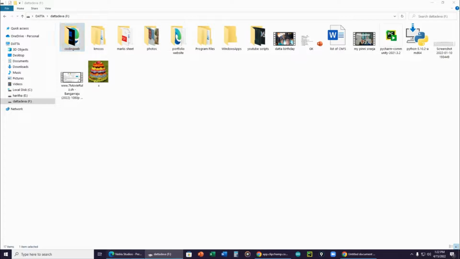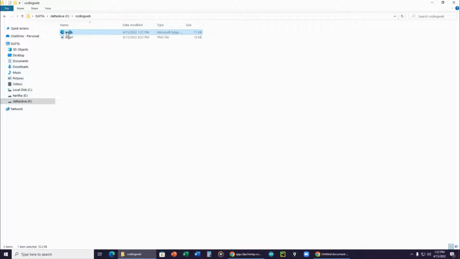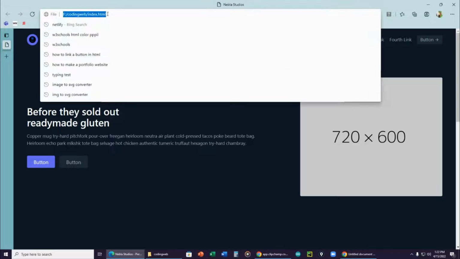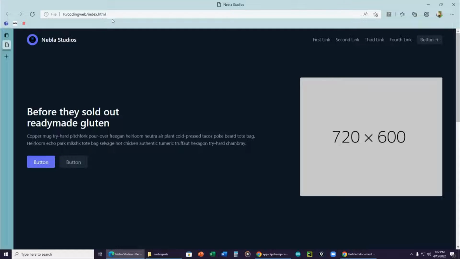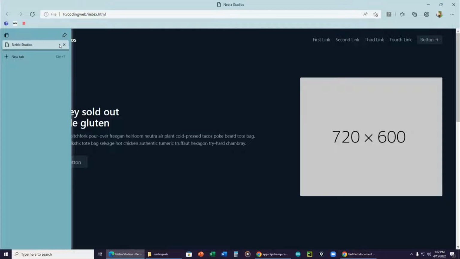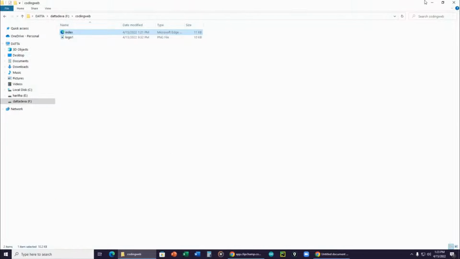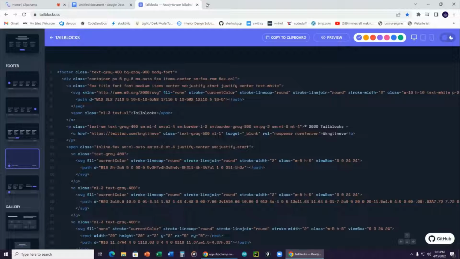If I open this without anything, I will close it and open it again. But here you see this one is not like a URL, so you need to get your own hosting. The first option is Netlify, which gives you hosting. The second one is